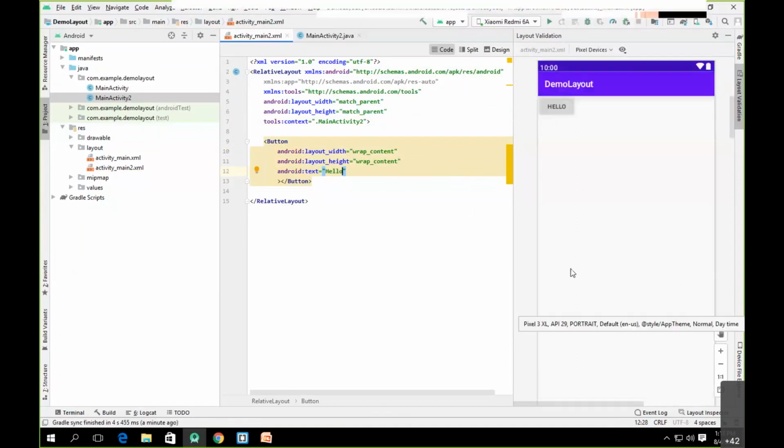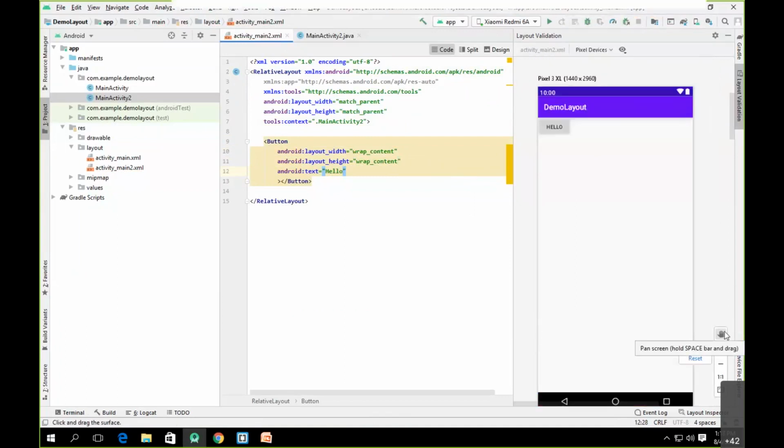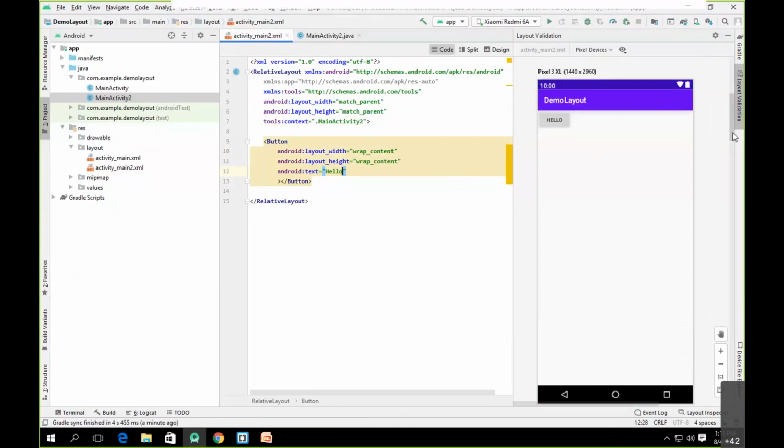Now this is what you have to remember. Whenever you have a relative layout and when you add the item inside a relative layout, the by default alignment for any item added inside a relative layout is the top left. As you can see, if I'm adding a button, it is added at the top left corner.